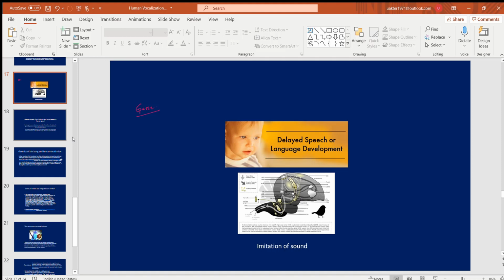This gene has been isolated or identified. FOXP2 is required for the development of speech and language in humans. Okay, so as I mentioned, this is a very prominent gene that has been identified in certain structures of the songbird, as well as in the echolocating bat's brain, as well as in the human brain. Those areas are responsible for the speech and language. Okay,